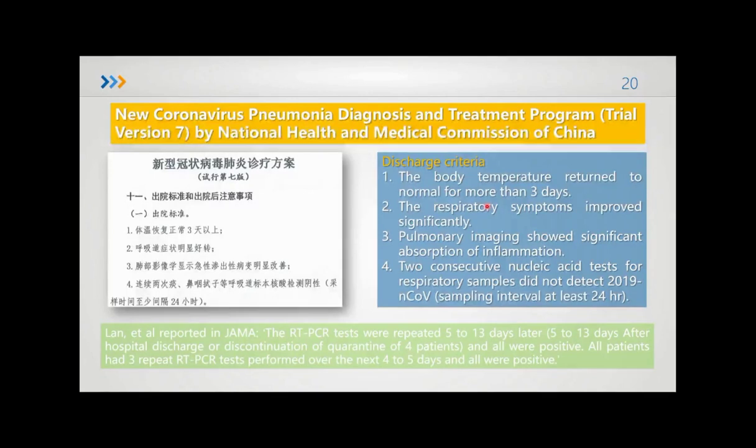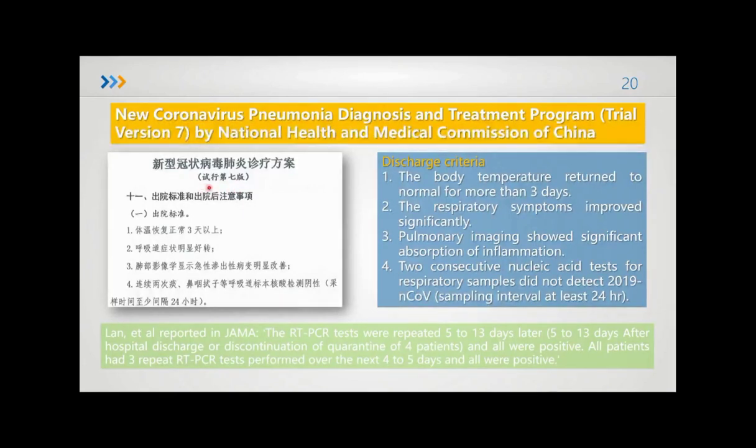Patients in China are discharged after 2 negative nucleic acid tests, taken at least 24 hours apart, and indications of clinical recovery, including the resolution of symptoms, according to the new coronavirus pneumonia diagnosis and treatment program, trial version 7, which is the latest version by the National Health Commission